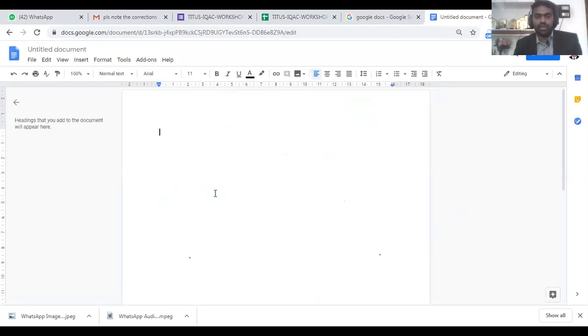Wherever we get a work to be done, we can just open the browser and log into Gmail. It's also important: if you haven't logged into your Gmail account, you cannot access this. First, Google will be asking you to log in. Now, I hope you can see here on the right upper corner, you can see my photo.